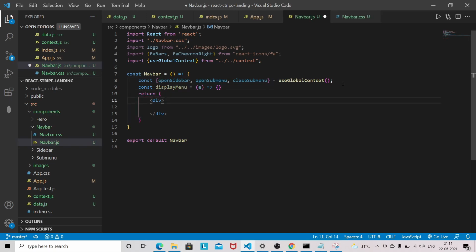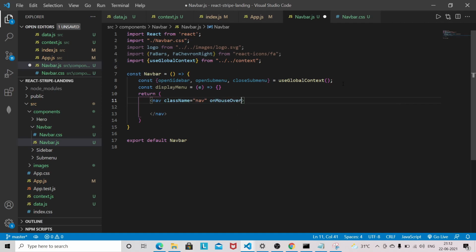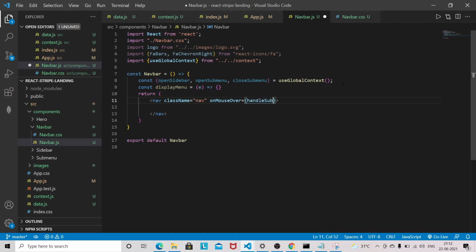So let's work on the component styling. It will be nav, and in nav I'll give the class name of nav and on mouse over, so I will write one more handler here. So handle submenu, let's define that one as well.